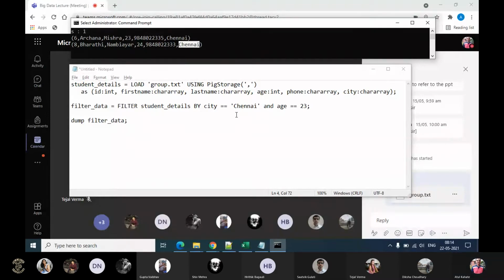But again, we can apply the and, or, not type of syntaxes to make this a compound condition instead of a single simple condition. So here, it will also do the filtering on the basis of the age field. If we now dump the data, we should see only one row, which is this top row.